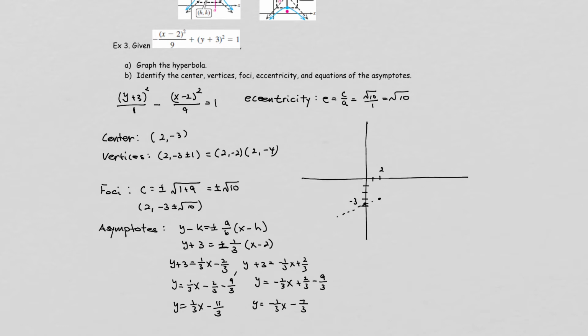This is an asymptote, right? Then the second one will have y-intercept of −7/3, so that's going to be −2 1/3. So it will be somewhere right here. So when you draw the asymptote line,